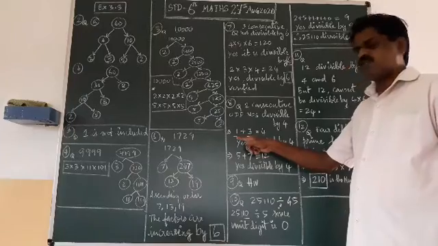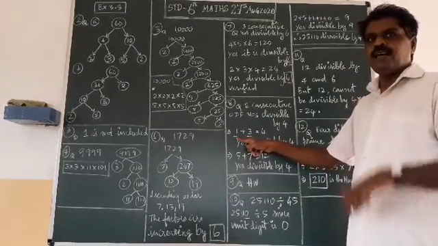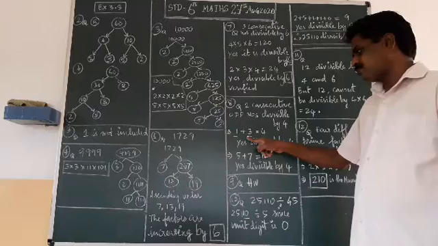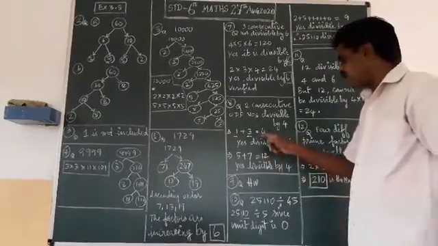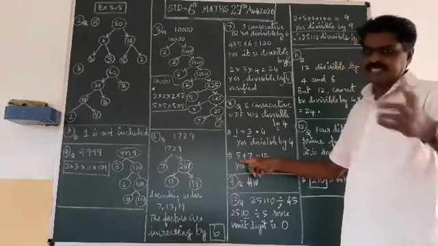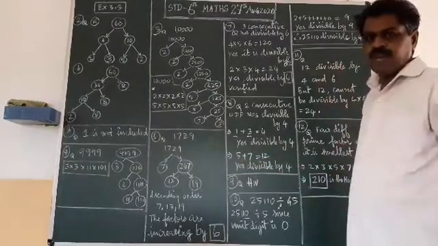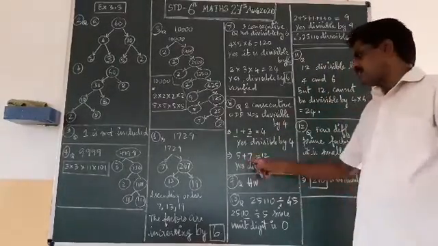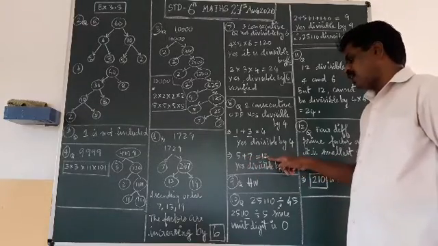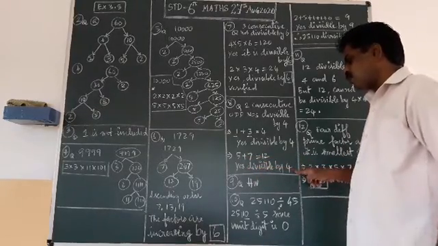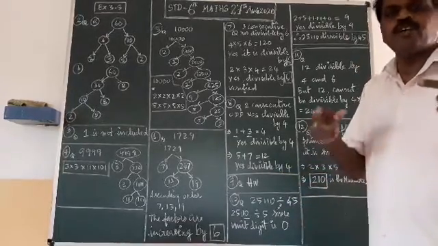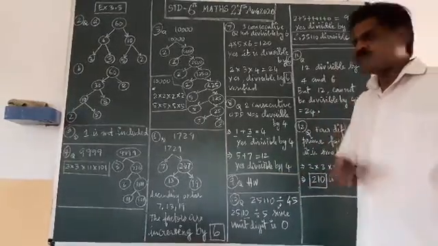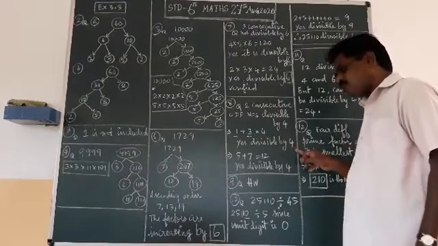First, I am taking the first odd number, 1. The next odd number after 2 is 3. Adding 1 plus 3, I get 4. Yes, 4 is divisible by 4. Then the second set: 5 is one odd number, and the next odd number is 7. 5 plus 7 is 12. So yes, it is divisible by 4. It is verified: the sum of two consecutive odd numbers is divisible by 4.